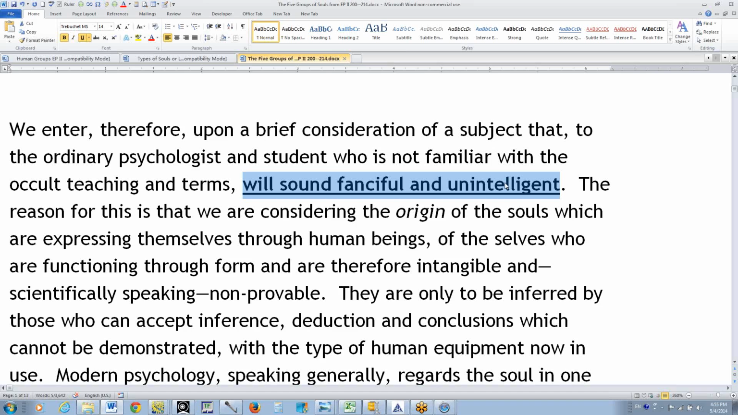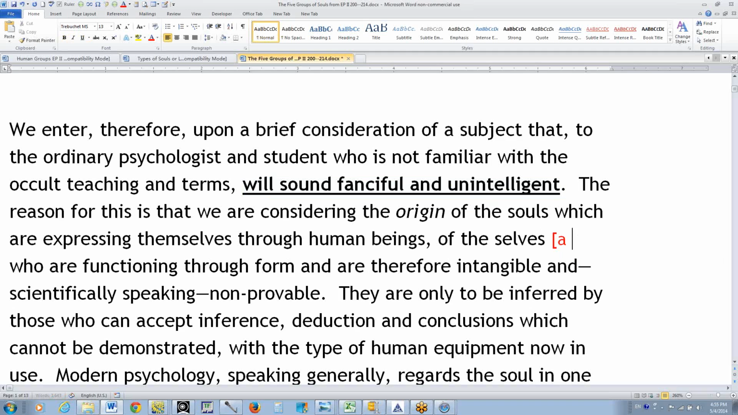Of the selves, now when we look at selves, a monad is a,